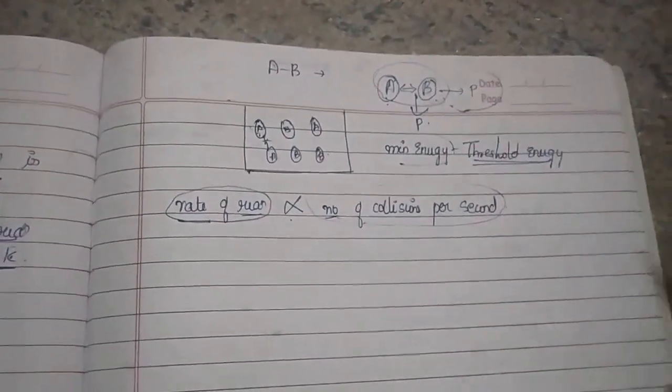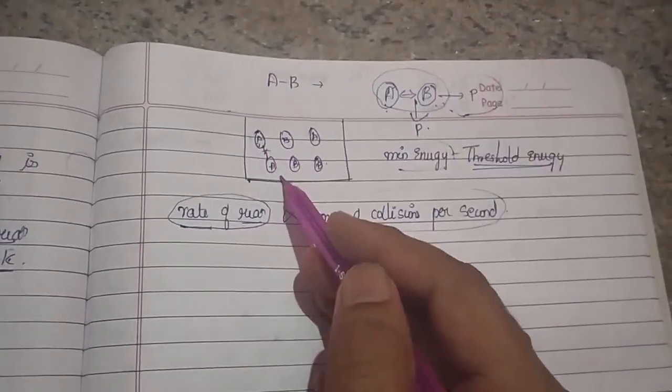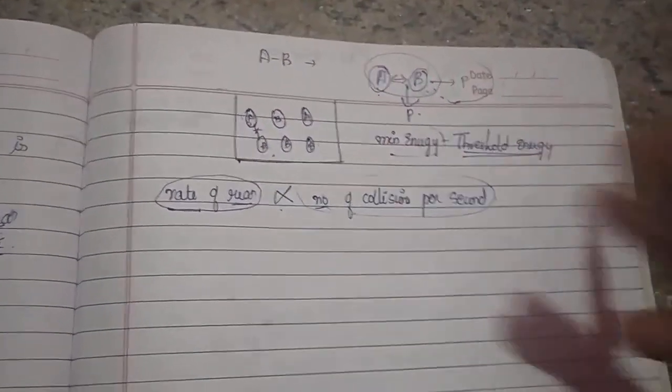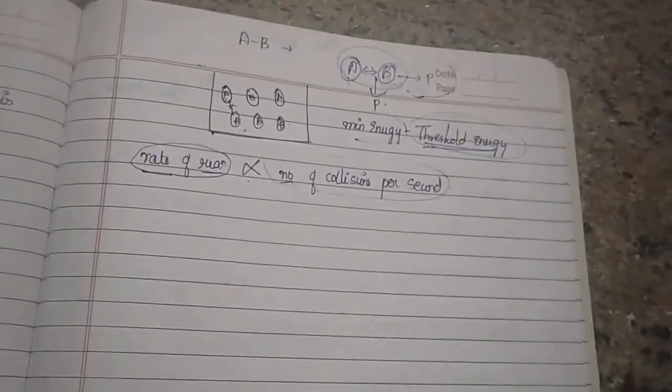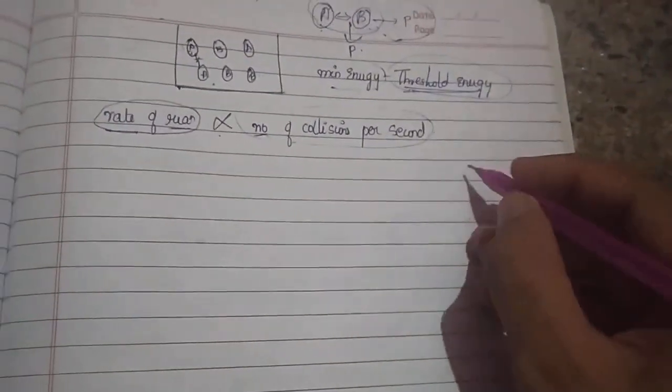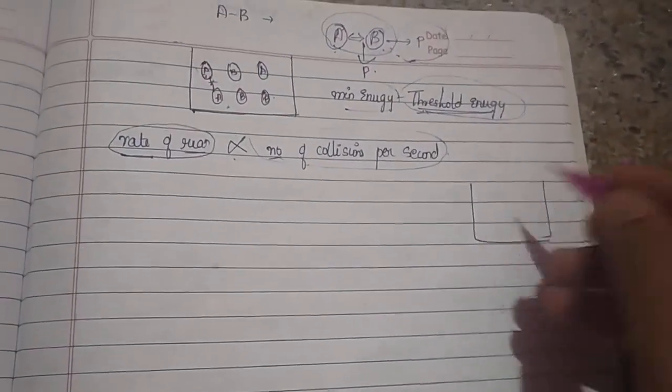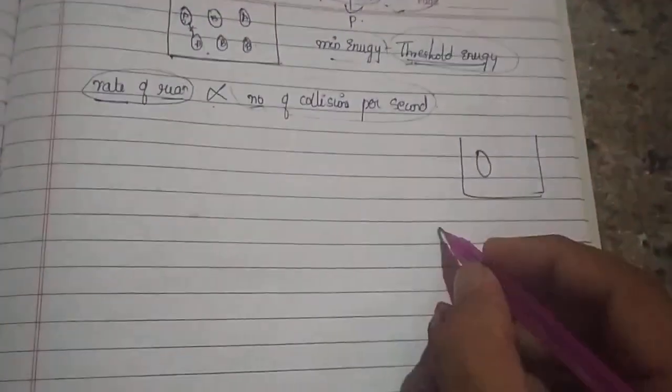You can ask me, why sir? Because if any one of the molecules has it, the other will also have it. But remember, this threshold energy comes from your mutual collision. If you remember the elastic and non-elastic collisions, what happens if I take two